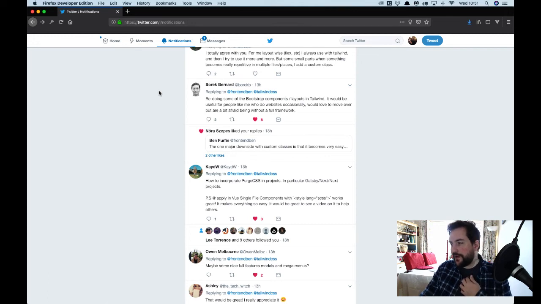Redoing some Bootstrap components and layouts in Tailwind. It'd be useful for people like me who do websites occasionally, would love to move over, but are afraid of being without a full framework. No, that's a great shout. There are some existing